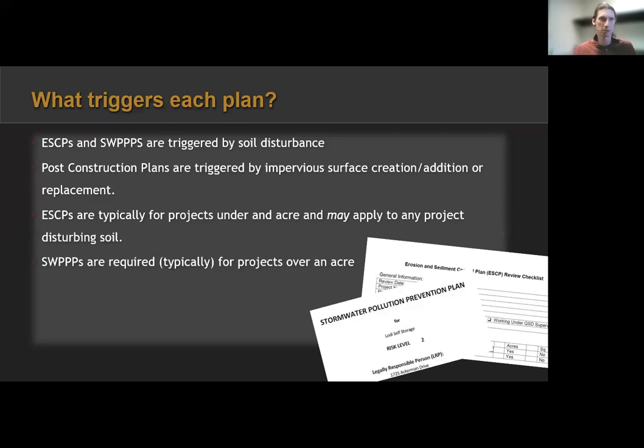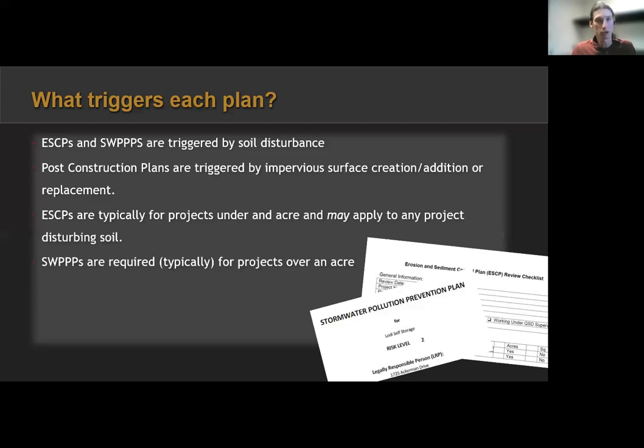And there are different types of SWPPPs, different risk levels, different linear projects. There are different things that go into determining what kind of SWPPP you need. But we only inspect and review plans according to our municipal ordinances. So we're looking at the BMPs in a plan being brought to us, saying, do these meet the minimum requirements of our municipal ordinances? So you need to know where to find those and what they are to review them. But that's what triggers SWPPPs and ESCPs.